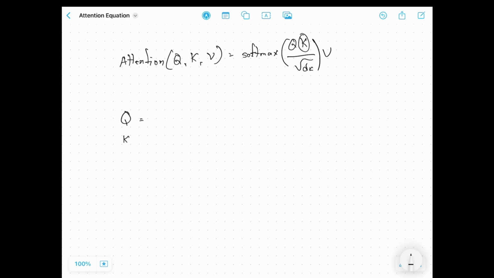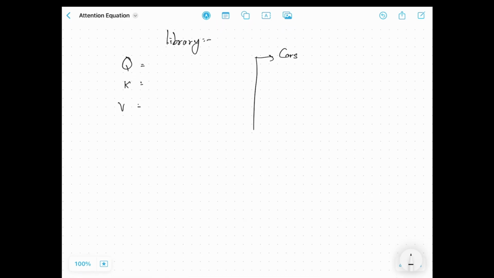So first of all, we need to understand what is the query, key, value. From what I learned, we can take an example of, let's say, a library. Whenever we go to a library, we have a certain book, a certain topic that I want to read about. Let's say I want to read about cars, and I go to the library and ask the librarian, hey, I want to read about cars. Do you have anything which can help me? So this would be our query,